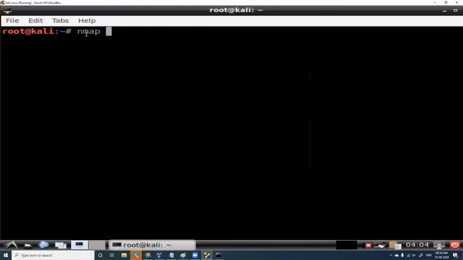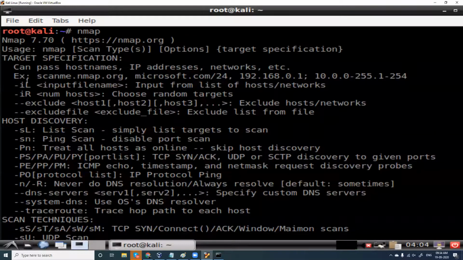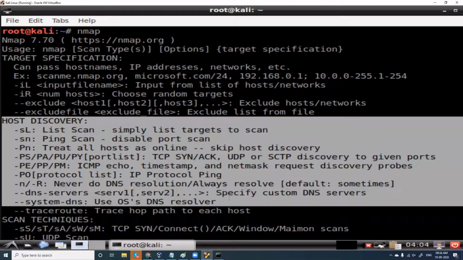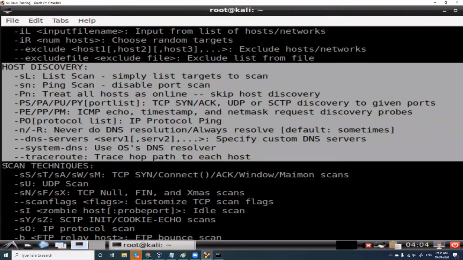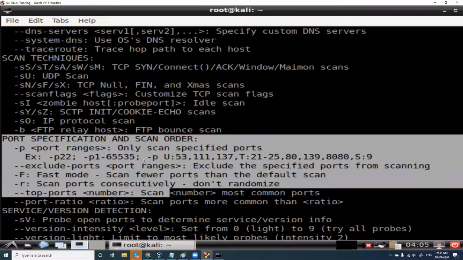To check what commands are there, type nmap and enter. You can see the list of commands, what is there for host discovery, and what scan techniques you have, different things which you can include.